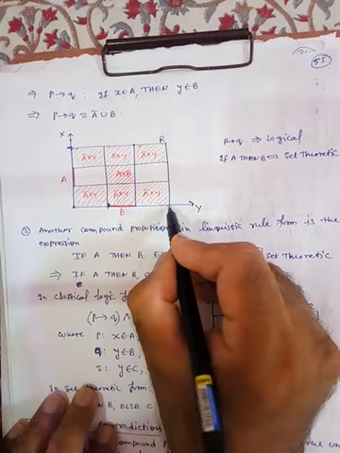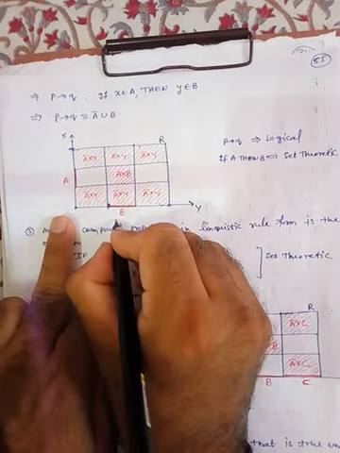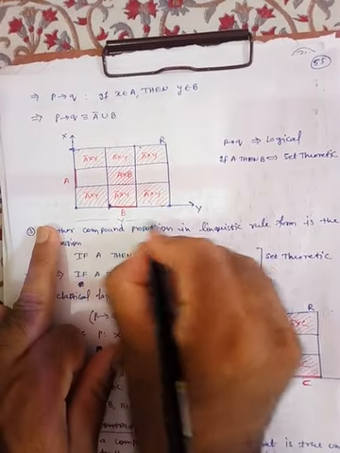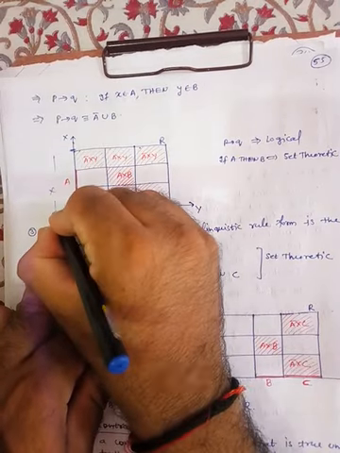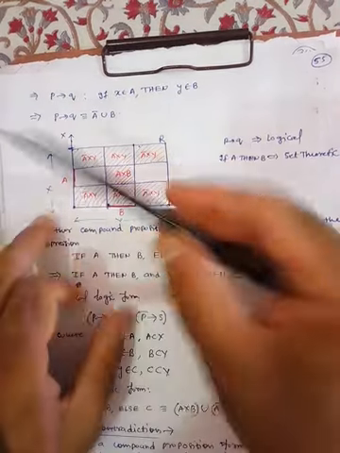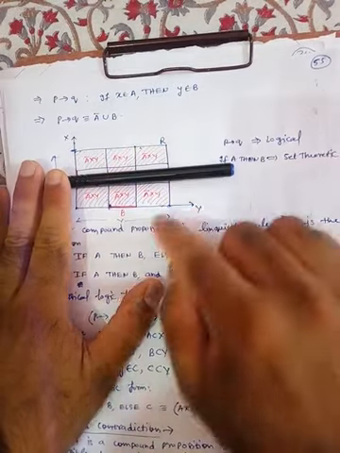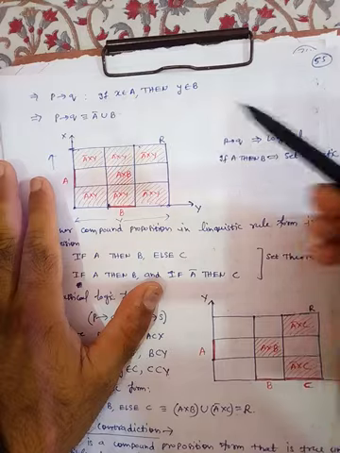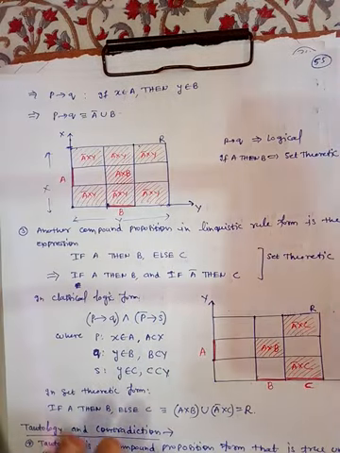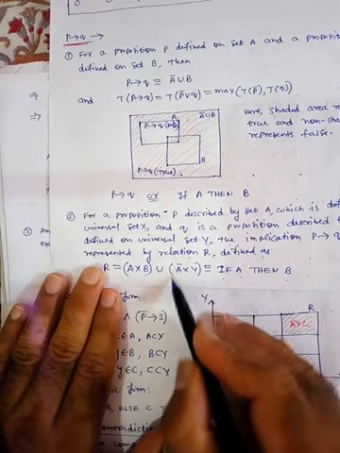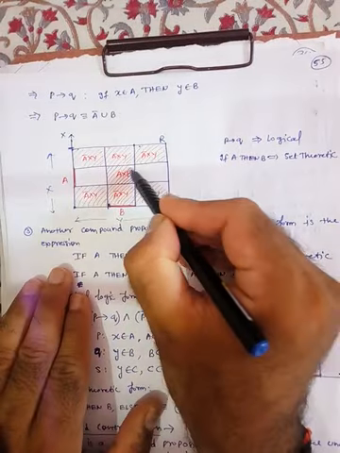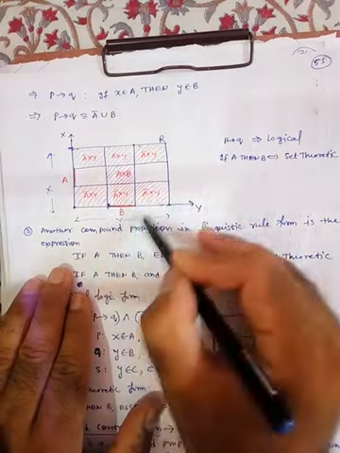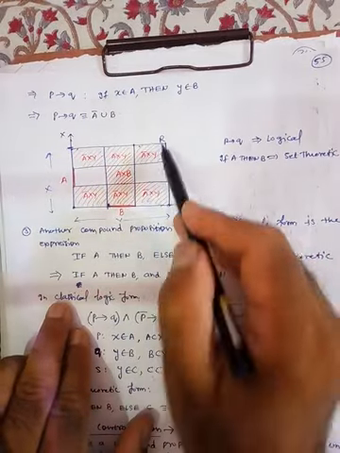Y is from here to here. This is Y, from here to here. This is X, from here to here. So the complement of this multiplied by this will give you this red part area. But we are taking the union here, A bar cross Y with A cross B. So A cross B will be this part. This is added, so this red part is actually the relation area R.